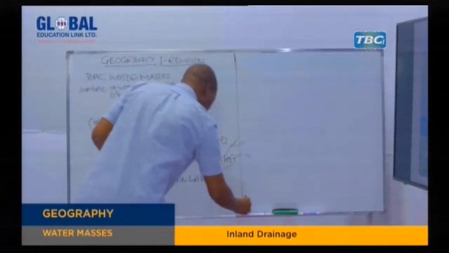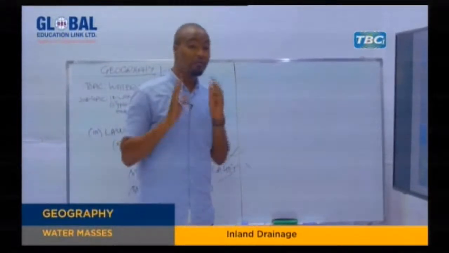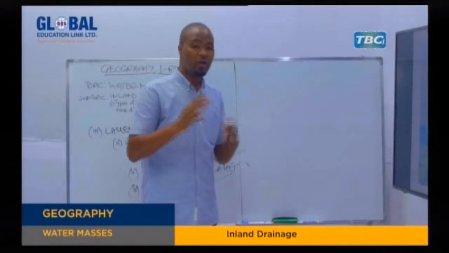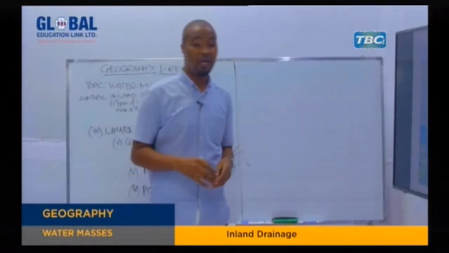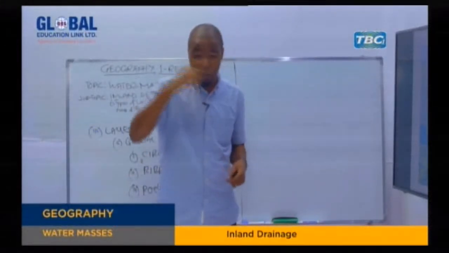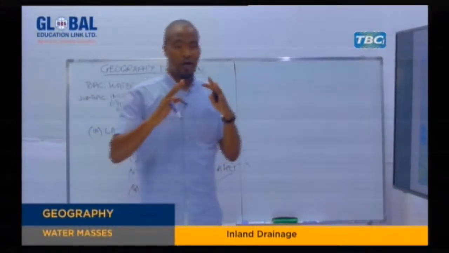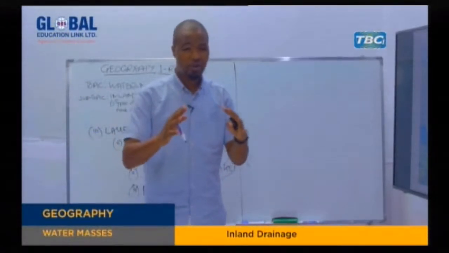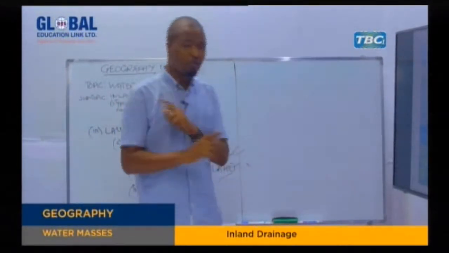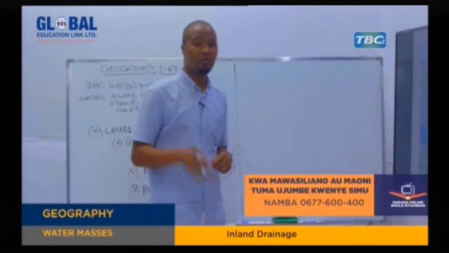It means right now we have three types of depression in the glacial area. We have the semicircular depression, and we call it the cirque, as we have seen earlier. We have the elongated depression excavated by ice on the floor of the U-shaped valley, and we call it the ribbon. And lastly, we have the circular depression, and we call it the rock basin. So the rock basin is a circular depression in the glaciated area. Once the rock basin becomes filled with water, then it turns into a lake, and we call it the